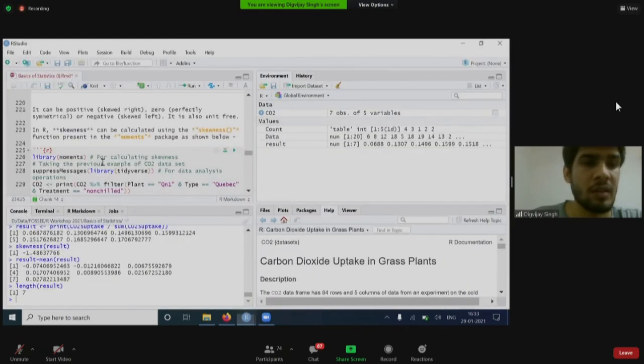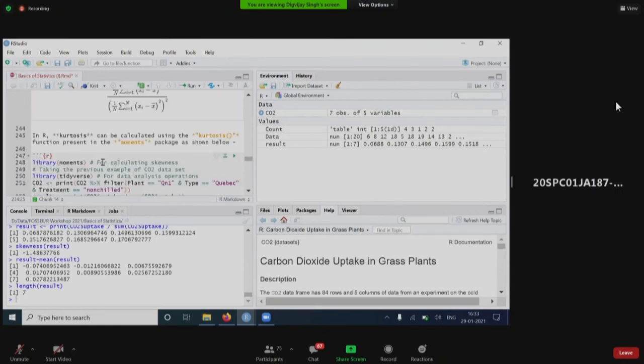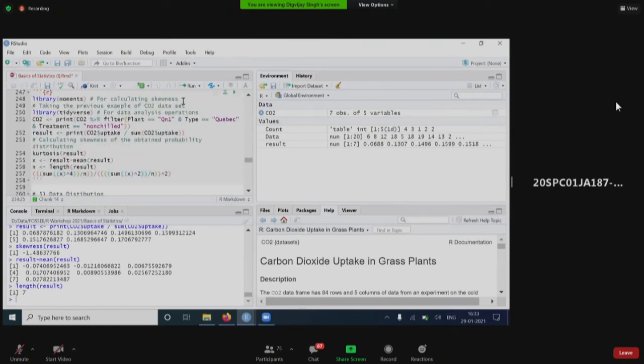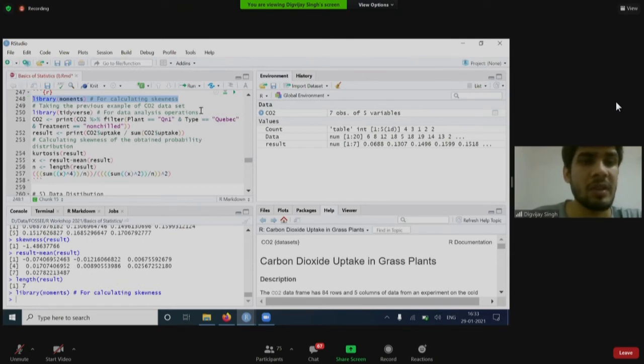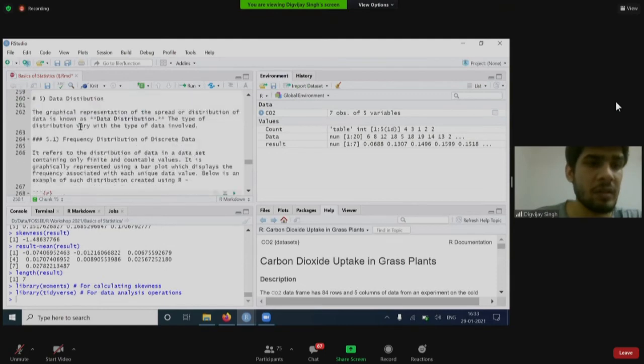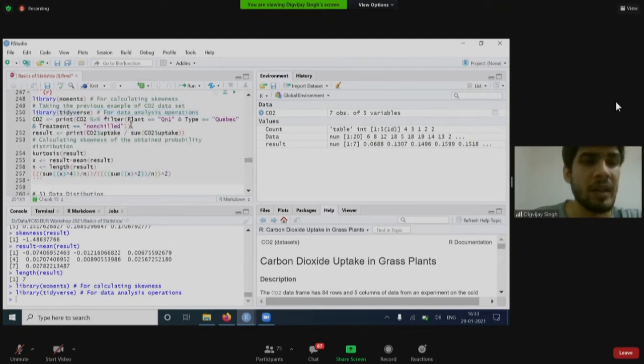So again, going to the code, I will load the moments package. This time I'm loading tidyverse, and then again I'm doing the same process, extracting a portion of the CO2 dataset.